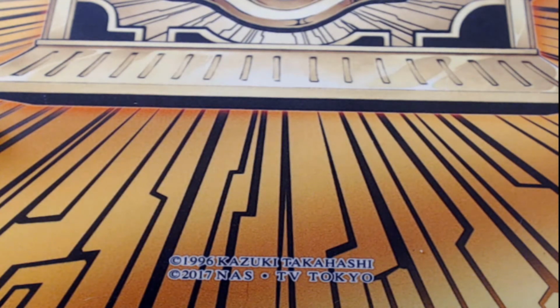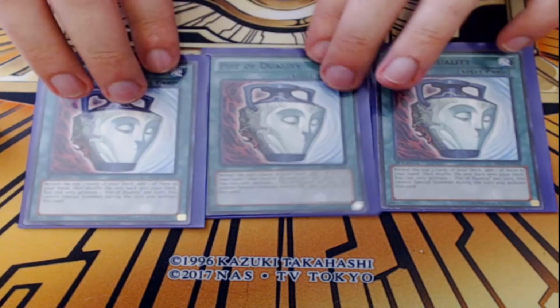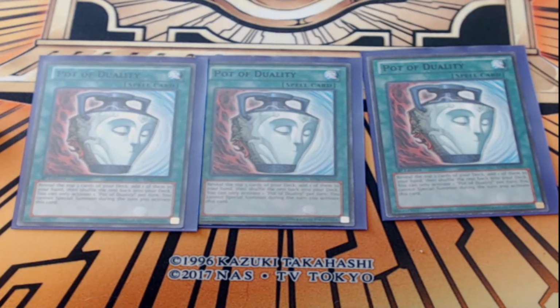And also to boost consistency, find a crucial card, I am playing 3 copies of Pot of Duality. Excavate the top 3 from your deck, add 1 to your hand, shuffle the rest back in. You can't special summon the turn you use it. It isn't drawing, so it doesn't conflict with Extravagance at all, and there's a lot of turns where you'll just